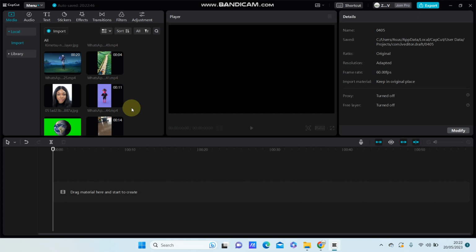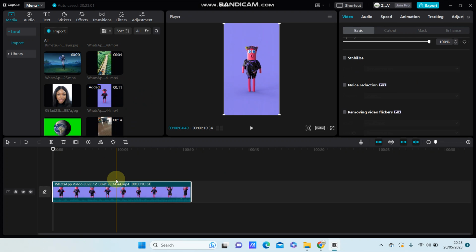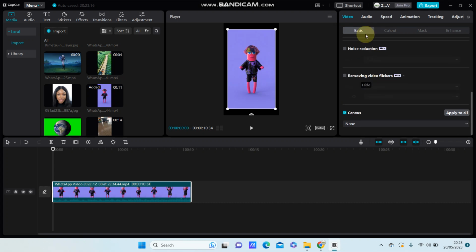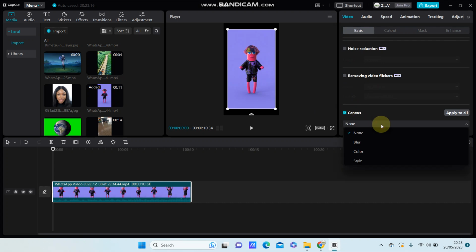Hey guys, in this video I'm going to show you how you can add canvas to your videos or photos in Capcut PC. So it's super simple and for example I'm just going to add a video to the track, and to see the canvas you can resize, change the scale like this, and to change the canvas you can select basic, and at the bottom you can see the canvas option, just click on it and select the canvas option,